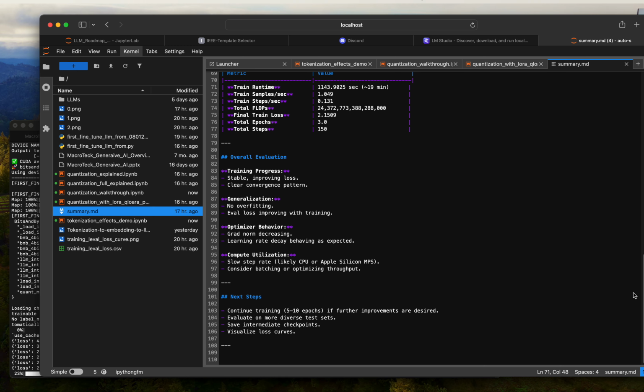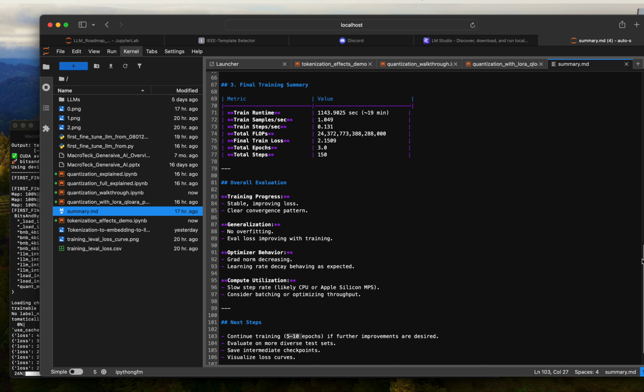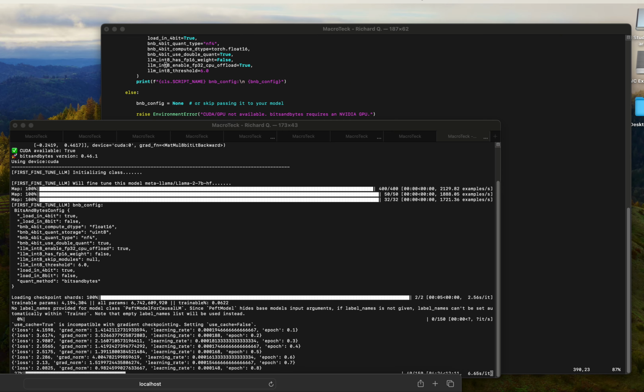So overall, it was stable, with improving loss and a very clear convergence pattern. There was no overfitting, and evaluation loss improved with training, and the rest is evident there. If you have good resources, you can try 5 to 10 epochs, and investigate whether you get further improvements, and at what epoch the improvements occur. Okay. All right. So while